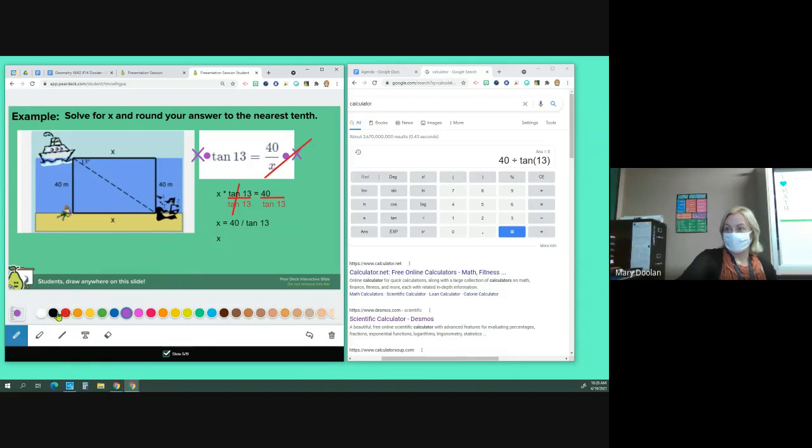So I'll try to draw that in as best I can. There we go. Approximately equal to. Okay, so I'm going to come over here, click equals. I'm ending up with 173.2590 and so on. Rounding to the nearest tenth means I need to look at what's in the tenths place, which is a 2. And I look next to the 2, I see a 5, which means I need to add 1 to 2. So this is going to round to